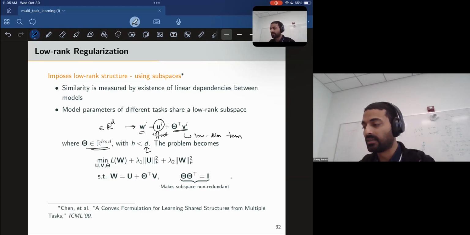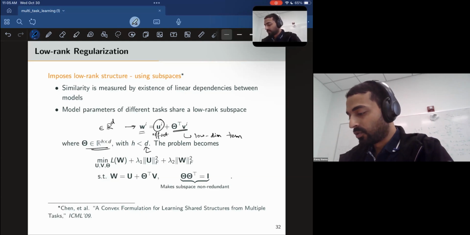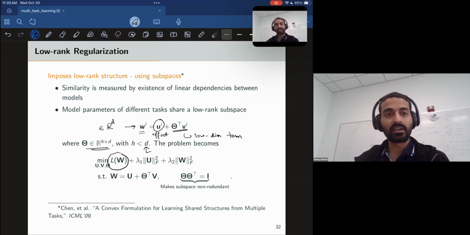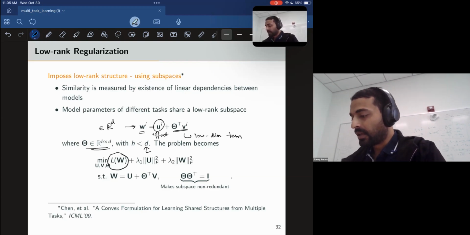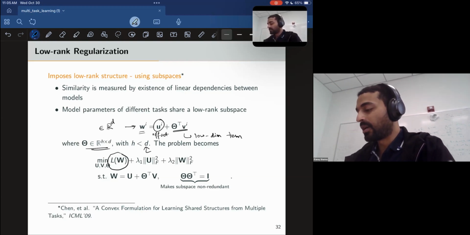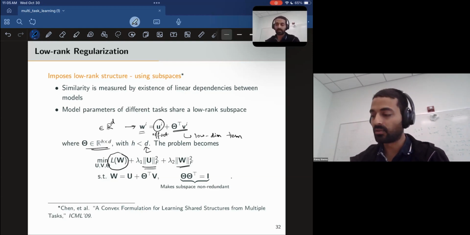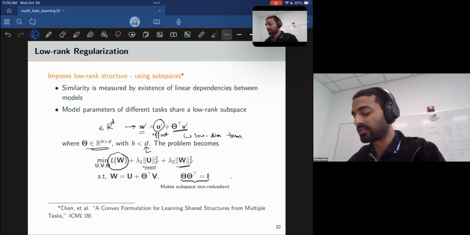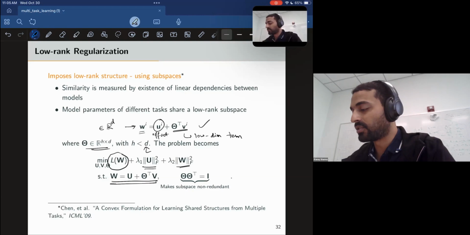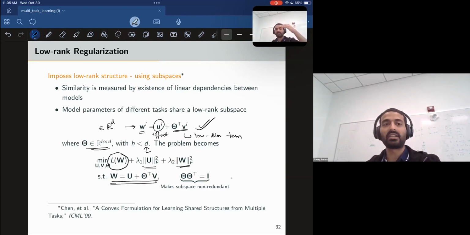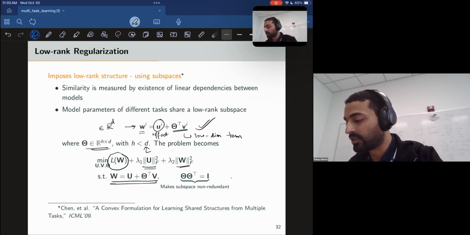Right. And then we can learn in the following way. This is some aggregate loss where you have aggregated the different task losses. And we enforce some kind of regularization. We want to make sure that the U and W are not too big. So this is some standard regularization. We impose a constraint that W has to satisfy this structure. This is directly coming from here. We have just written it in a matrix form, accumulating all the different task specific models.